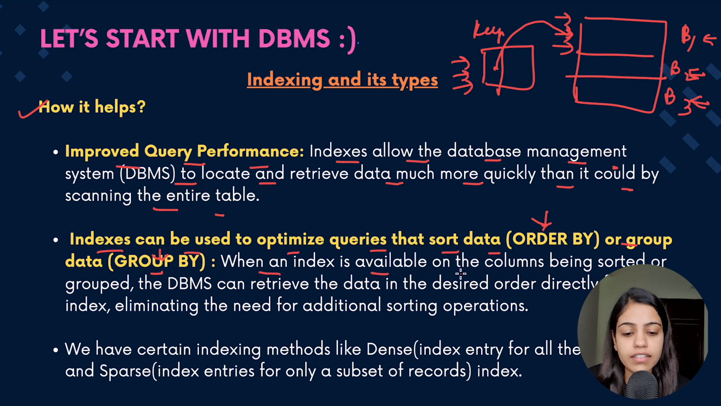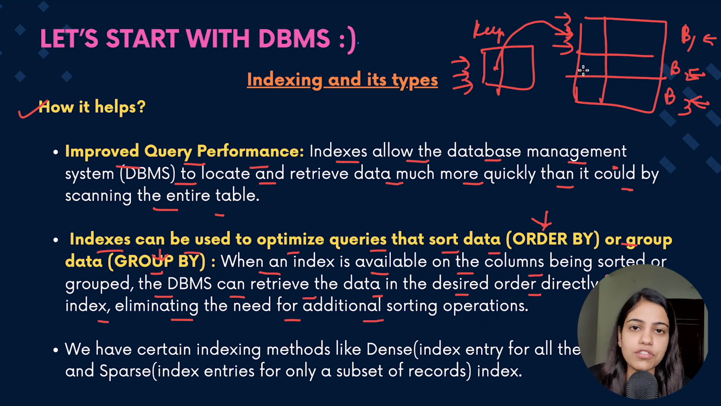Whenever an index is available on the column being sorted or grouped, the DBMS can retrieve the data in the desired order directly from the index, eliminating the need for additional sorting operations. So earlier, whenever you wanted sorted data based on some specific column, you needed to perform some additional sort operations. But as the key present in the index table is always sorted, we can use this index table, or the column on which this particular table is indexed, with the ORDER BY and GROUP BY clause, and it will help me get my data